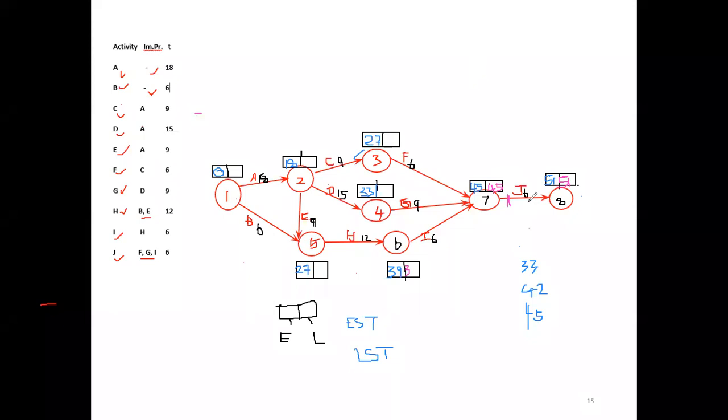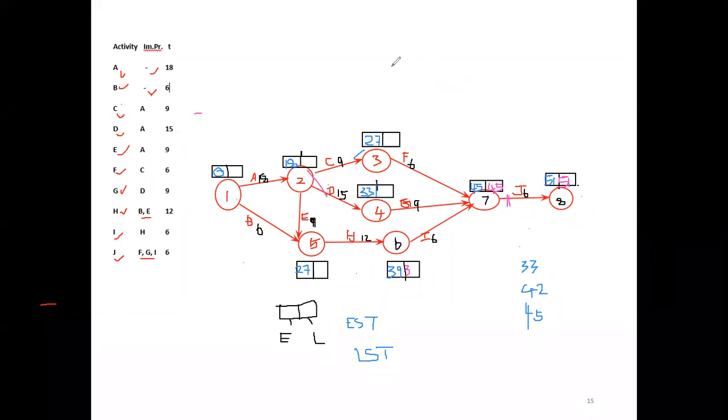Yeah, madam. Okay. Now here 51, since 51 is the EST, then LST also 51. We consider 8 to 7, backward. 51 minus 6, 45. Are you clear? Now at 45, LST is equal to EST, 45, 45. Which activity brings this 45 to 45? J, no? Since there is only one route, definitely that is J. If there are three routes backward, then only one activity will give EST equal to LST, and only that activity will be considered.